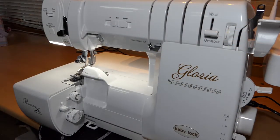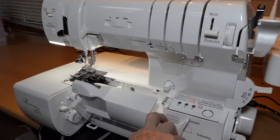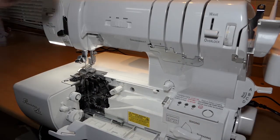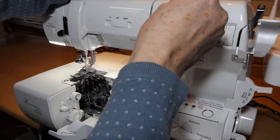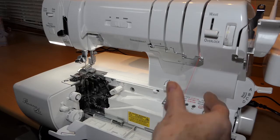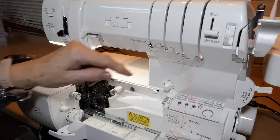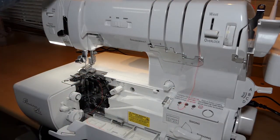So to set up for the blind hem foot, we need to use a 2-thread flat lock. So first off, I close the tubes and we're going to use the lower looper, making sure of course that the foot is up. And needle